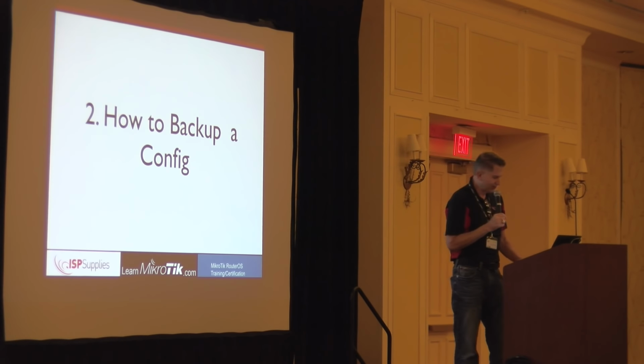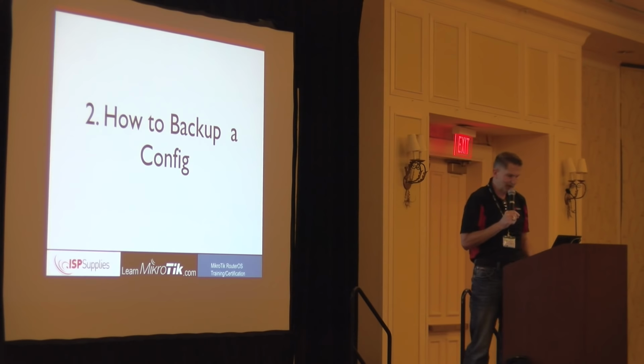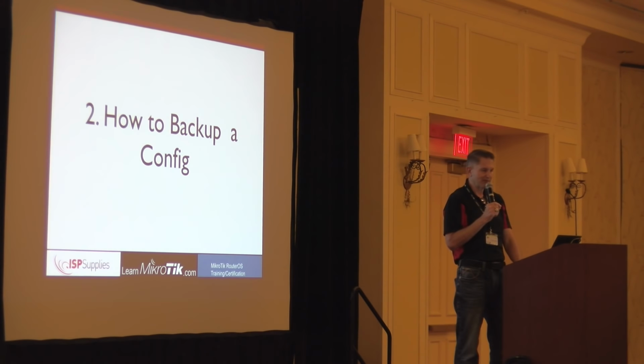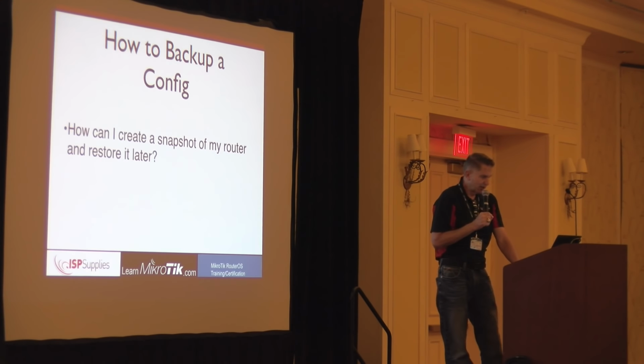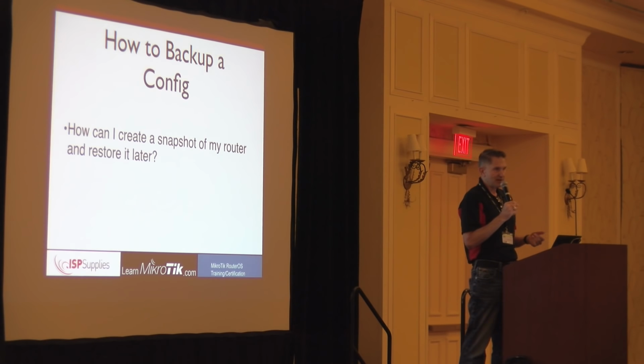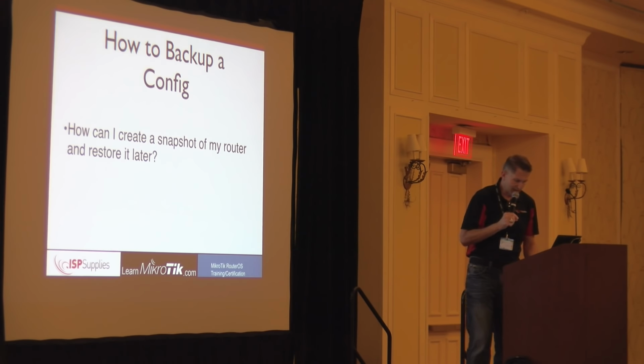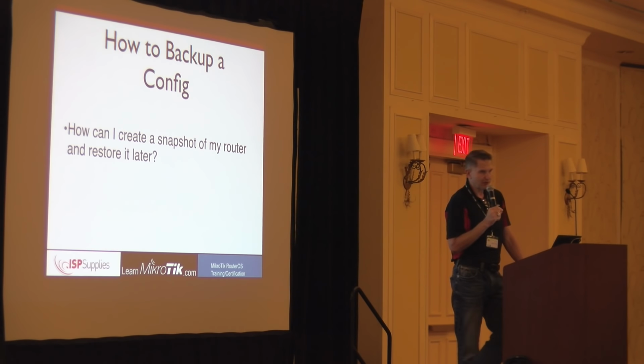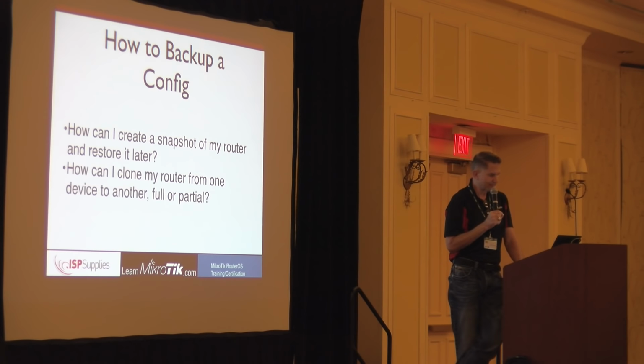All right, the number 2 most requested feature, how do I do a backup of my config? So there's really 2 ways to do this. One I like to call a snapshot. I know that's not the name it says in the wiki, but that's what makes sense to me. So a snapshot is basically a picture of my router that I can take right now. I can freeze time, I can make changes to the router, and if things, well, don't go well, I can restore that point in time, and everything will be exactly the way it was when I started.